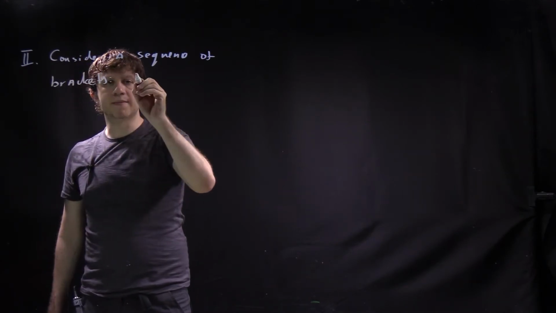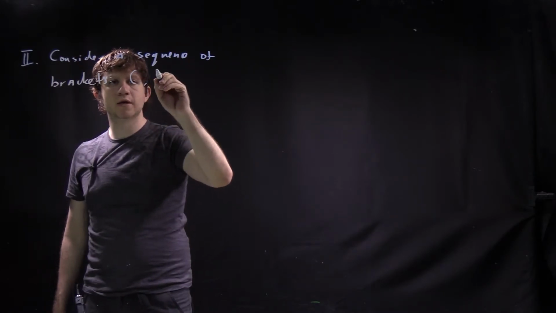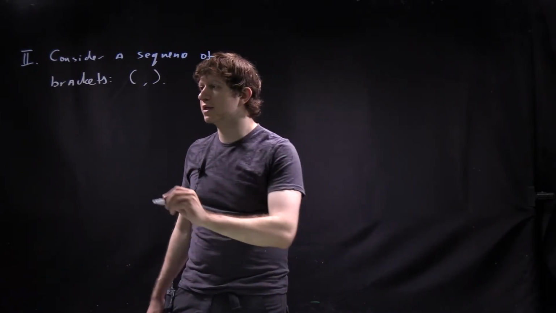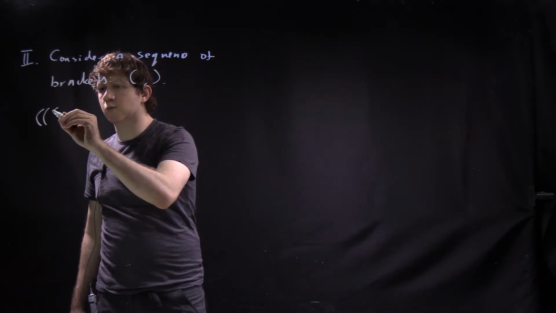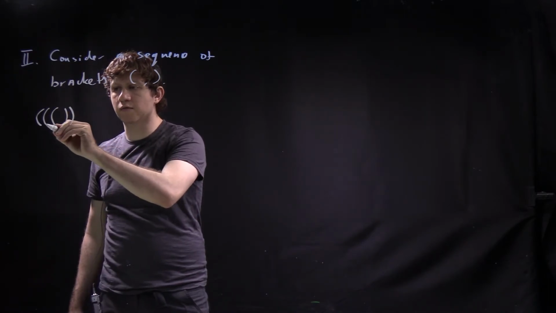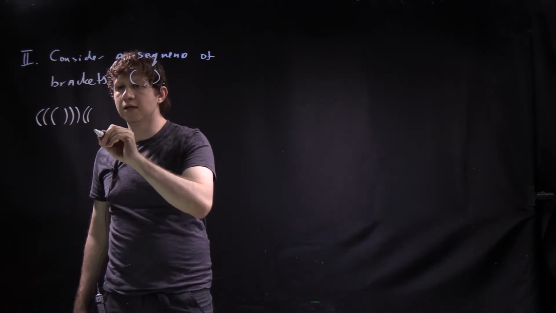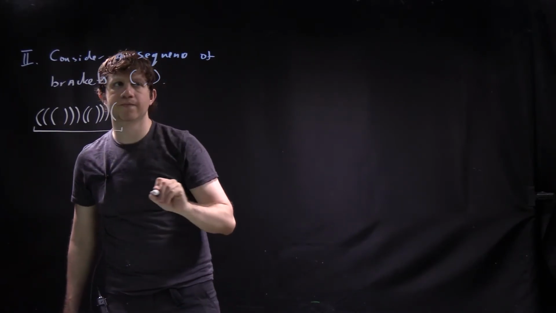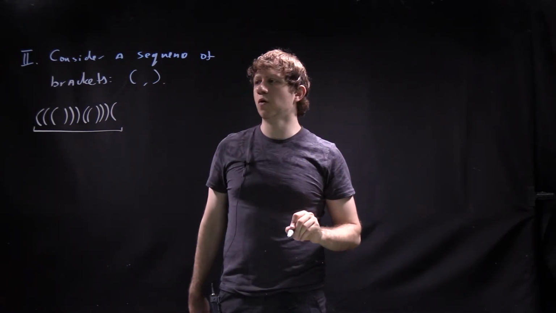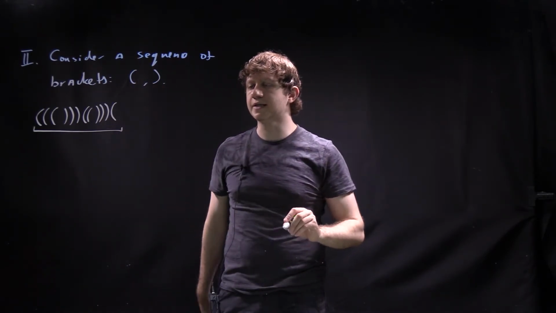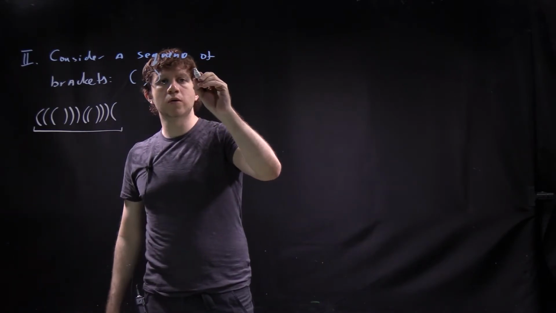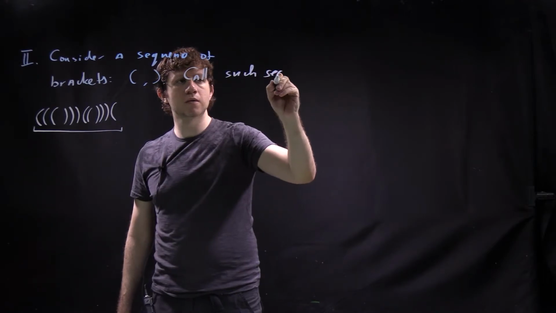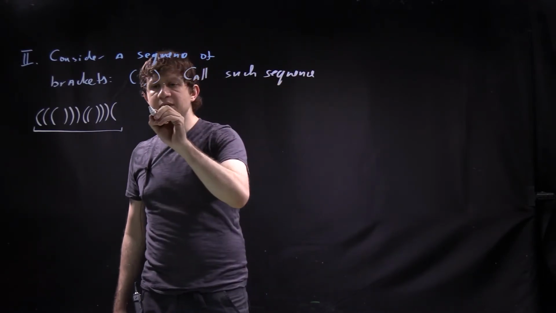So what I mean is that we have an opening bracket and a closing bracket as possible elements, and then we just consider a finite sequence where we have a sequence of opening brackets, maybe then some closed brackets, some opening, some closed, closed, opening, or something like this. That's a sequence. So consider a sequence of brackets like this, and then call such a sequence admissible